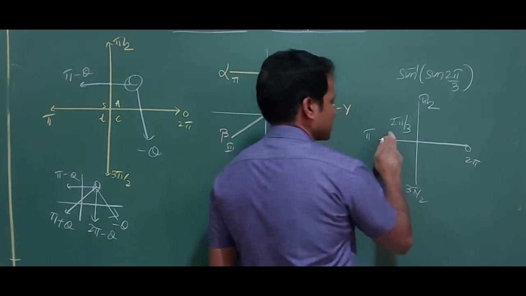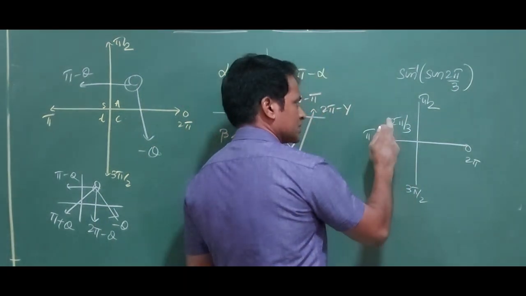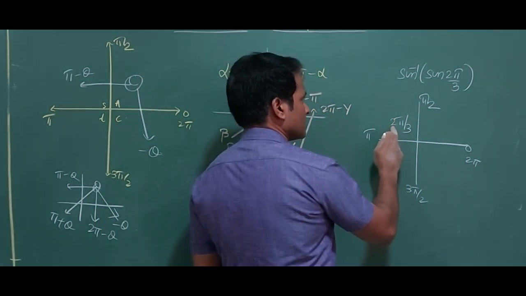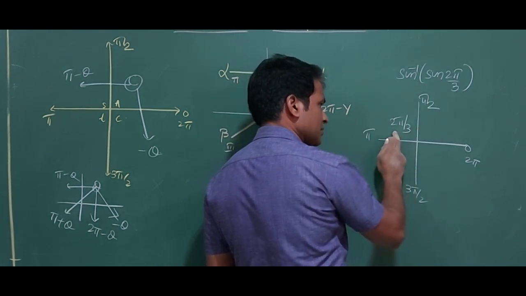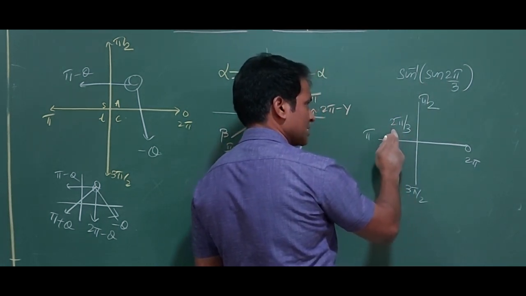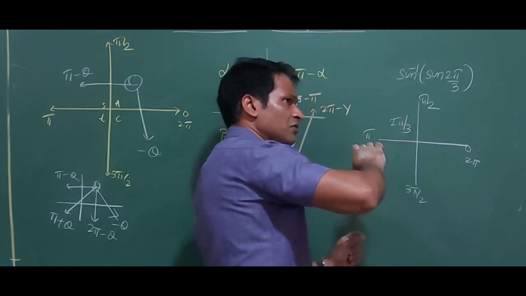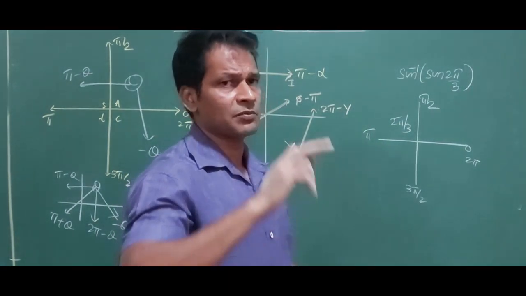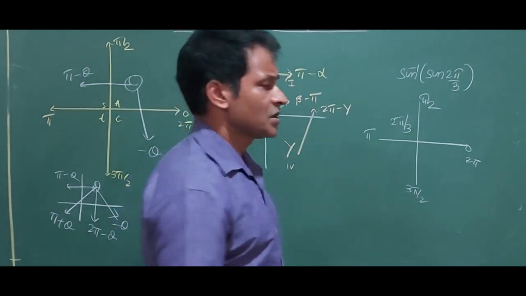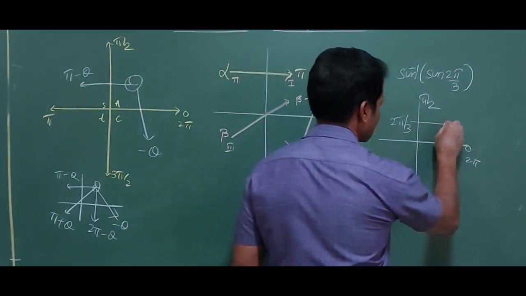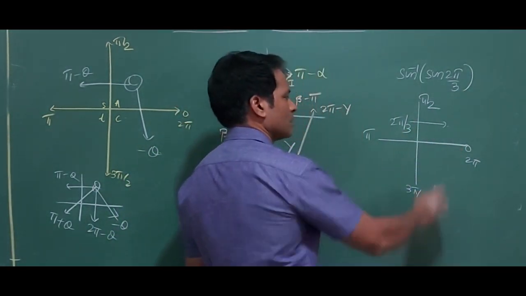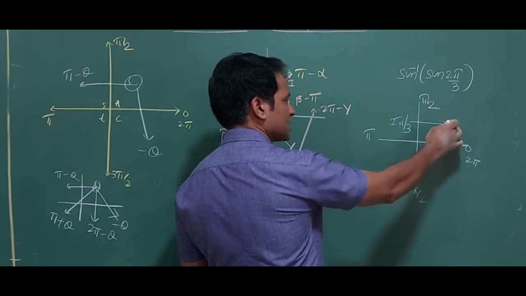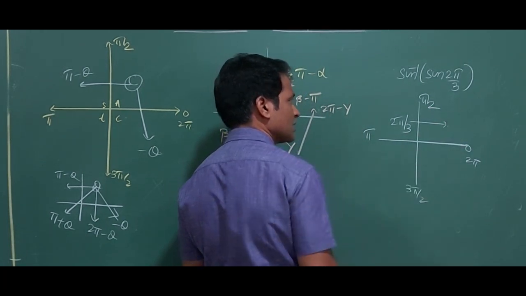Sine 2 pi by 3, 2 pi by 3 is second quadrant. If it is given in the second quadrant, normal trigo sine is positive here. So when normal trigo sine is positive here, that means I will think about now inverse trigo of sine. If normal trigo sine is positive, I have to calculate the positive value in inverse. So inverse only one case, that is your first quadrant. All inverse positive cases have to remain in the first quadrant.